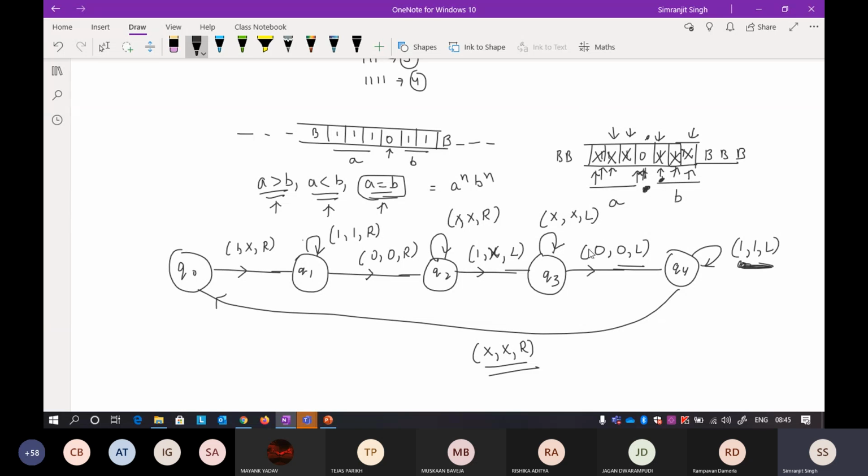Now you will be at here, when you are seeing this 0 0 L, and then there will be a number of ones. Okay, so again there will be no number of ones here because all the ones are over. Now you will start moving towards the right. Why am I moving right? Why is it written right here?